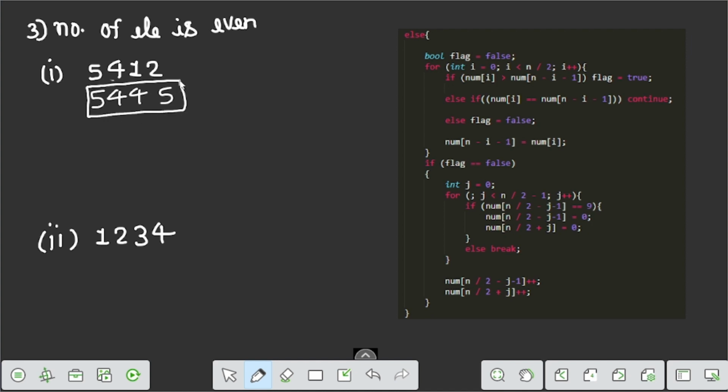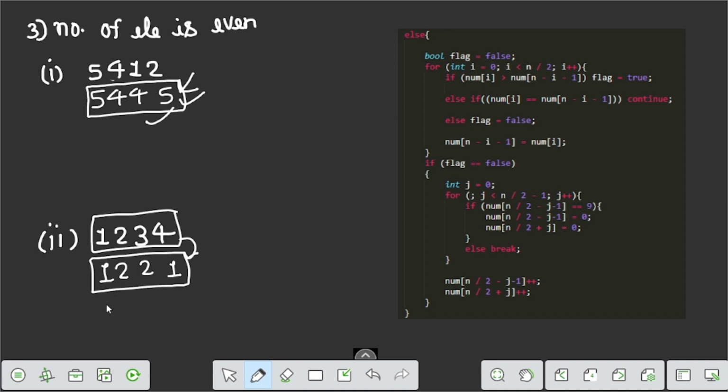We clearly observe that this number is now strictly greater than the original and also a palindrome, so there is no need to increase the count. If we take this other example, 1 is here, 1 is here, 2, 2. If this is 2, then this number is less than the previous number which is given.